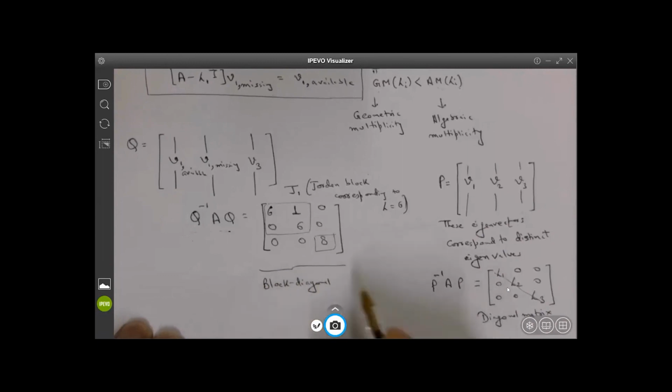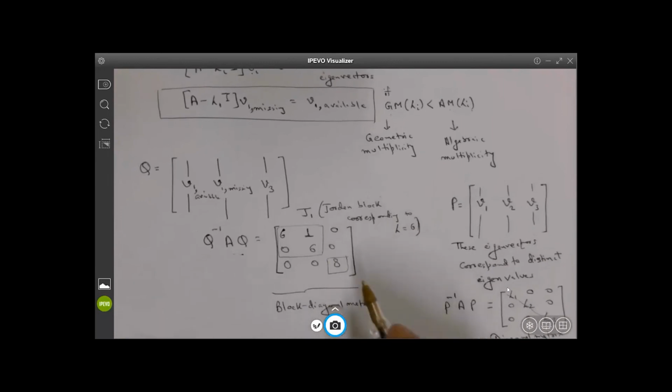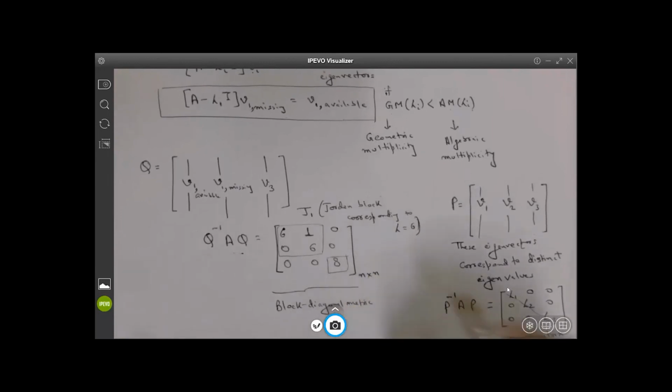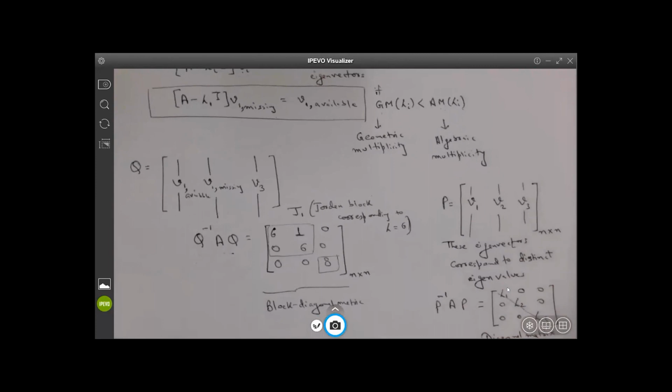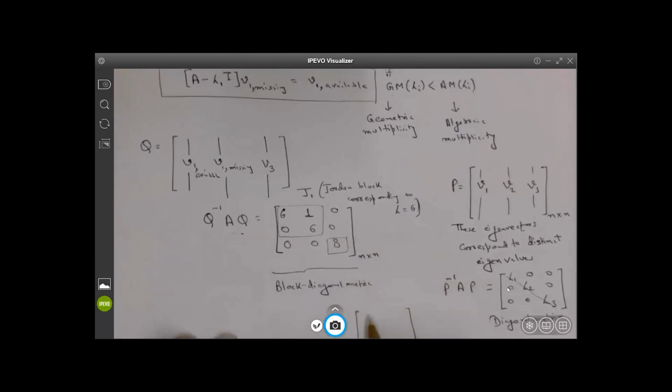Okay, linearly independent basically means that the rank of the matrix is the same as the size of the square matrix. So if it is an n by n matrix, and if you find the rank, I don't know if you remember the rank discussions we had. What we actually did was try to find it using elementary row operations. We try to find it in an upper triangular form. And in the upper triangular form, if you do not have any zero rows, let's say for a 3 by 3 matrix,